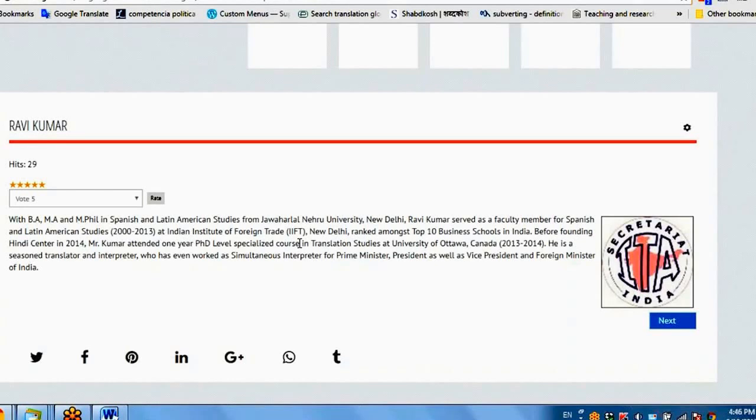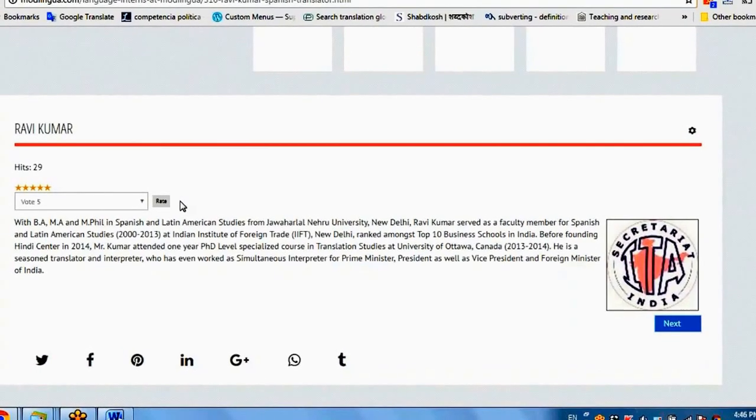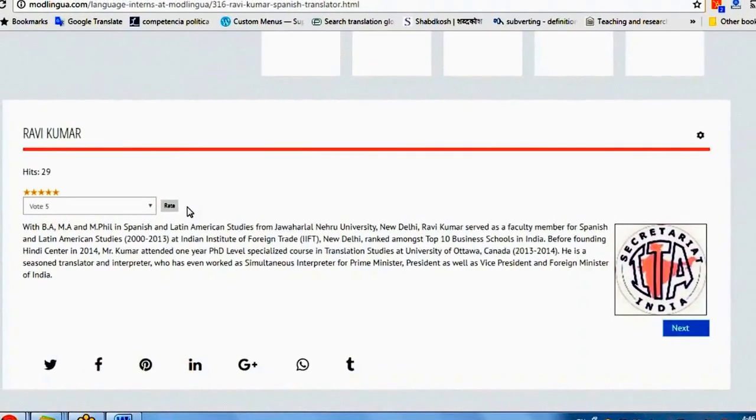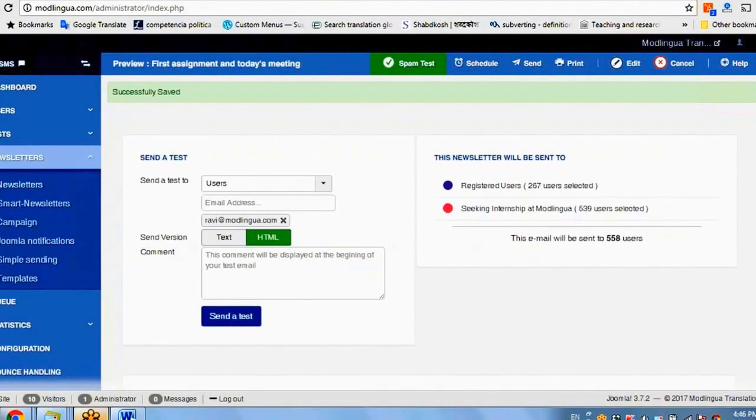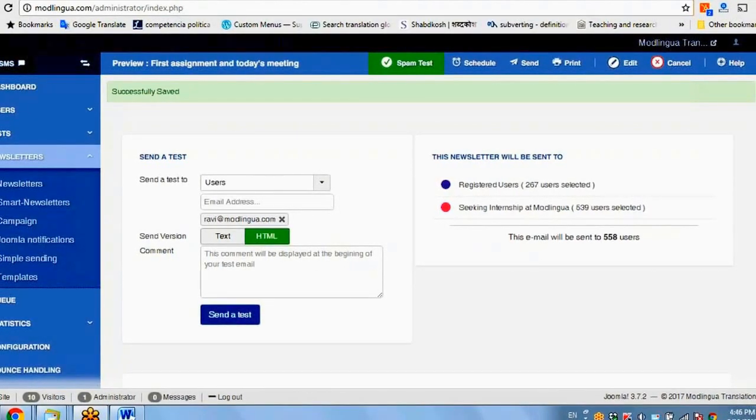Once the profile link is shared, people may ask, okay, your profile seems impressive, why don't you send your complete details to me? And then the communication starts with your prospective employers. So this is how we are in a position to make use of available resources and bring them to our own advantage.